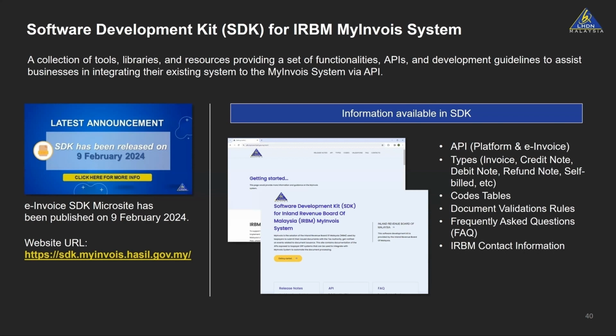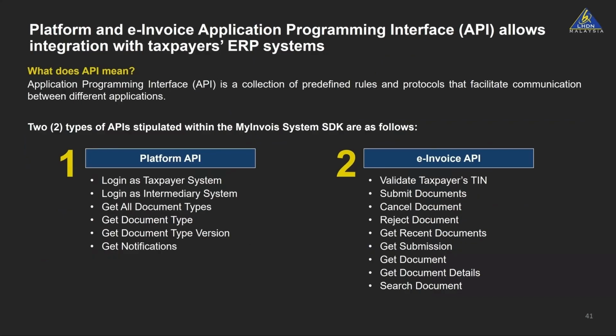Software development kit ni kita dah keluarkan pada 9 hari bulan yang lepas. So SDK beta, tuan-tuan boleh dapatkan SDK ini di our microsite MyInvois. So dalam SDK ini kita telah memperincikan tentang integrasi lah untuk integrasi berkaitan APIs kepada MyInvoice system ini. So untuk kita memahami sedikit tentang berkaitan SDK,